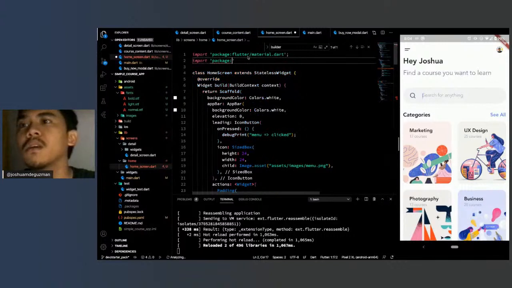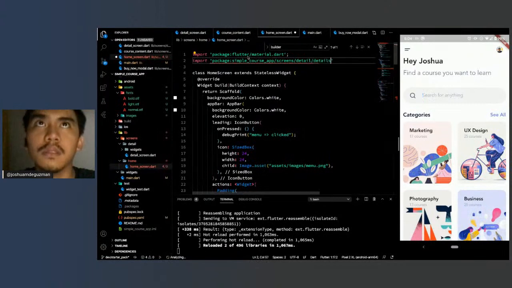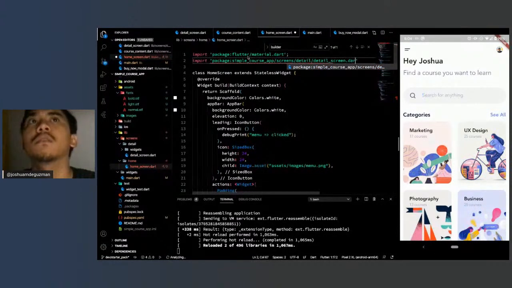Package, simple course app, simple course, screens, details, detail screen dot dart.